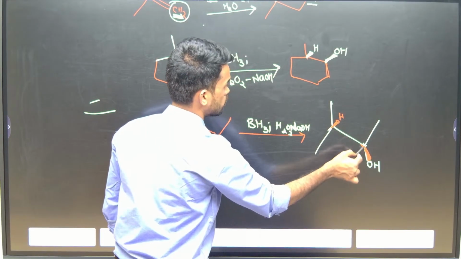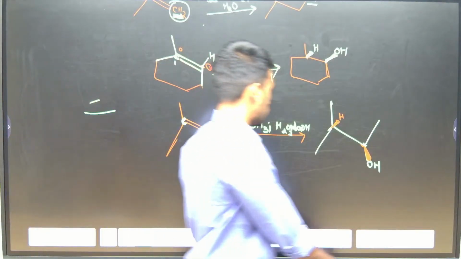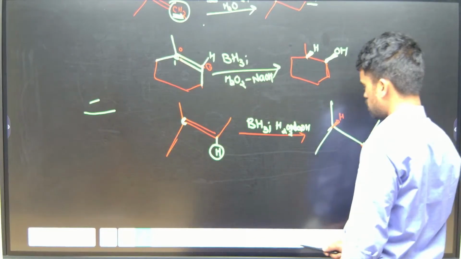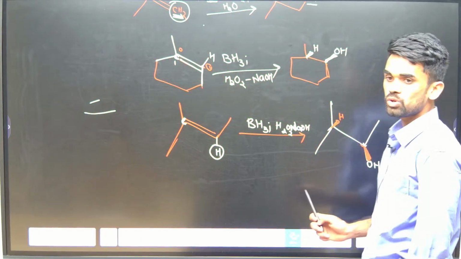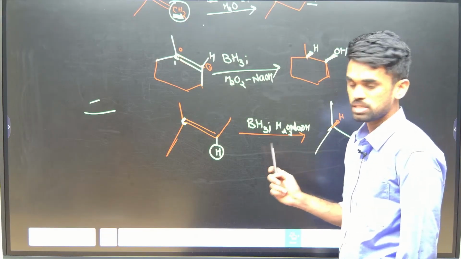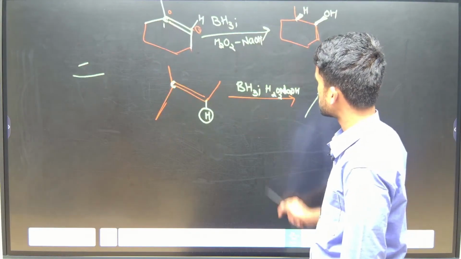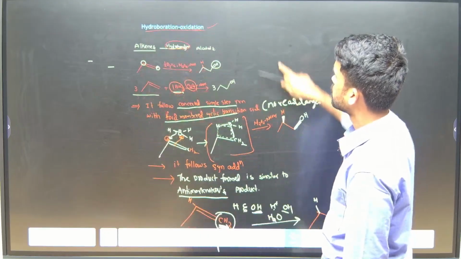This is syn addition, you remember. Okay, that's it. This is anti-Markovnikov, like hydroboration reactions. And you are adding an OH group now, so you can call it oxidation. What is that? Oxidation. Addition of oxygen is taking place, so you can say oxidation. Okay, next one is,